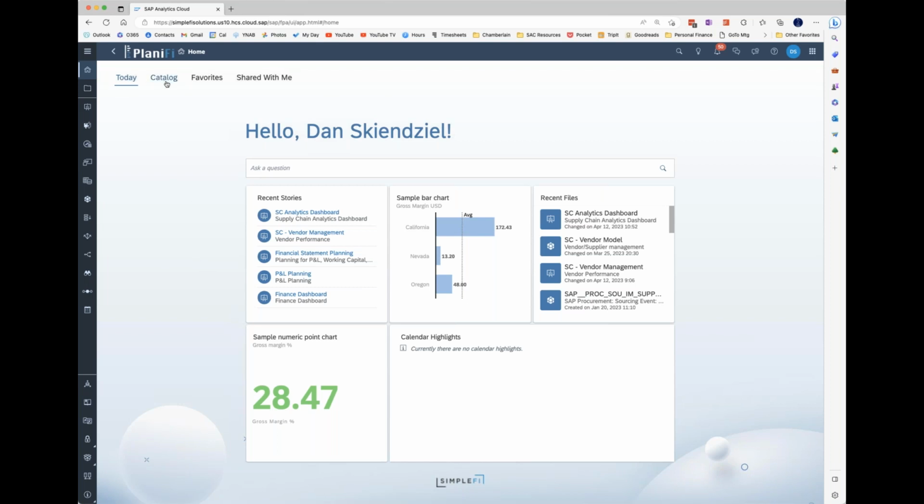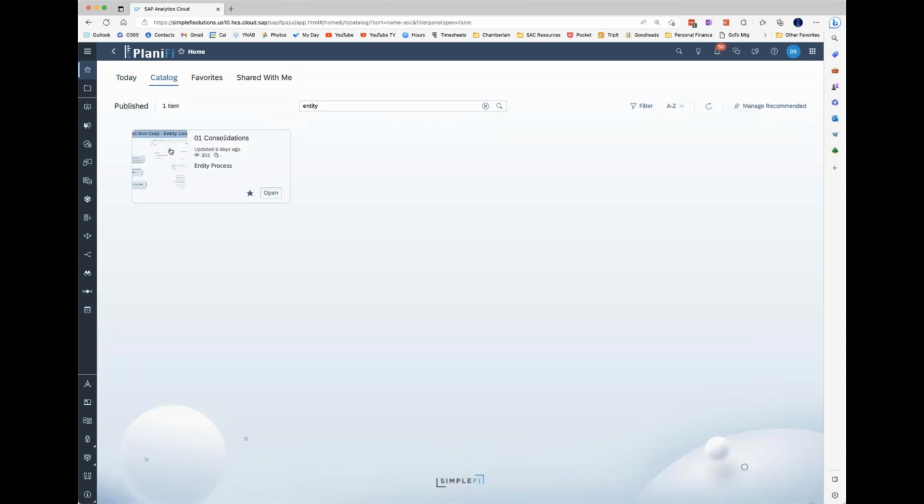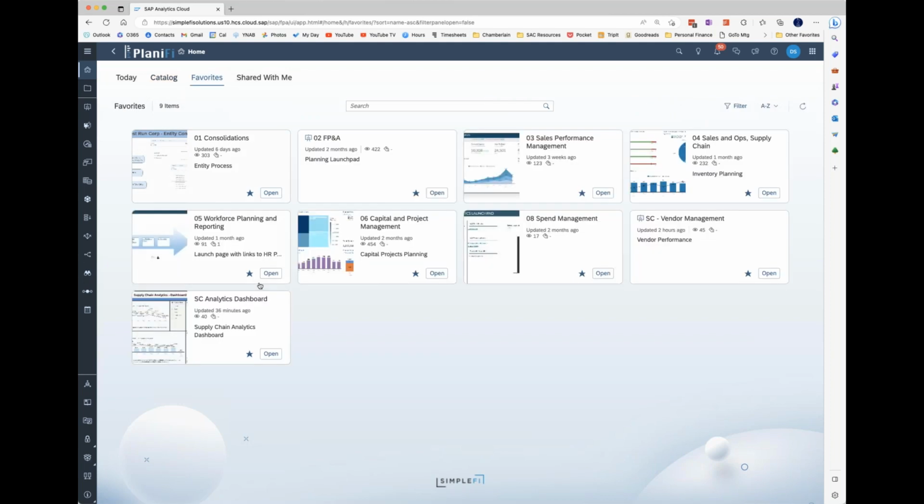The last thing on navigation up here is currently we're in the today area. We can also look at what we call our catalog. And based on what people have published to the catalog, you will see different cards here that you can access. I have some cards also in my favorites here. And what I have here is some other areas, from a financial perspective in consolidations and FP&A, et cetera. But here's where I also have my supply chain analytics, for vendor management, and I have a supply chain